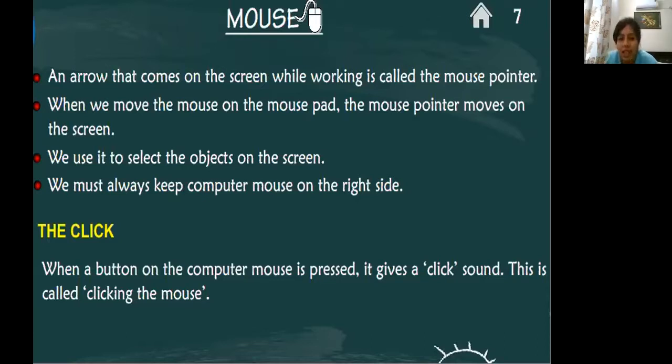Now let's learn a little bit about the clicks. When a button on the computer mouse is pressed, it gives us a click sound. This is called clicking the mouse. Whenever we hold the mouse like this, and whenever I'm clicking something, it is going to produce a click sound.